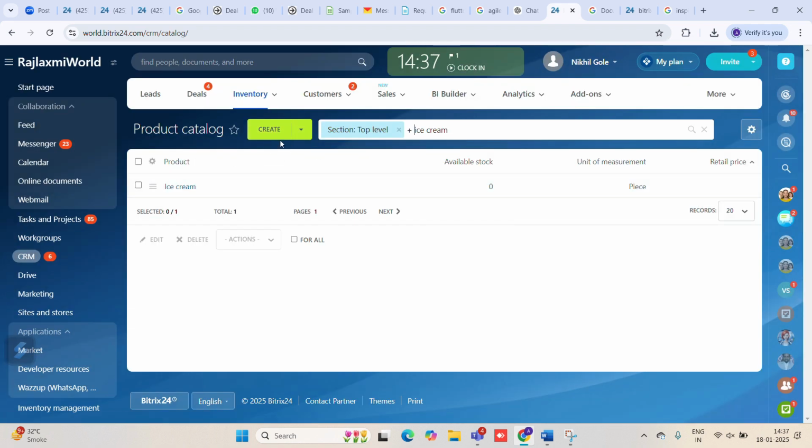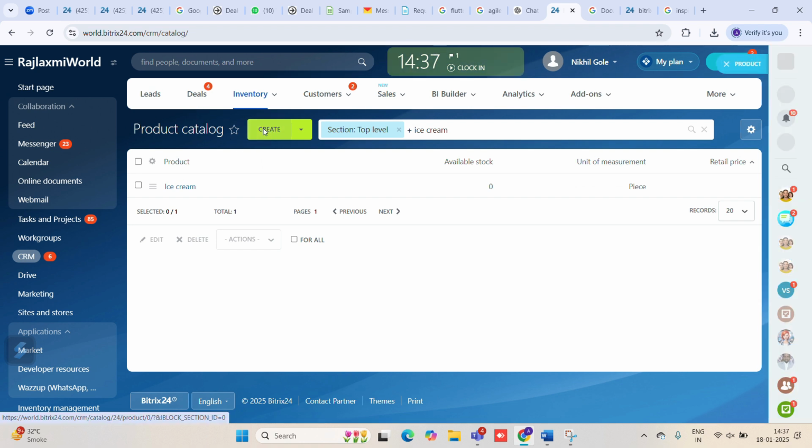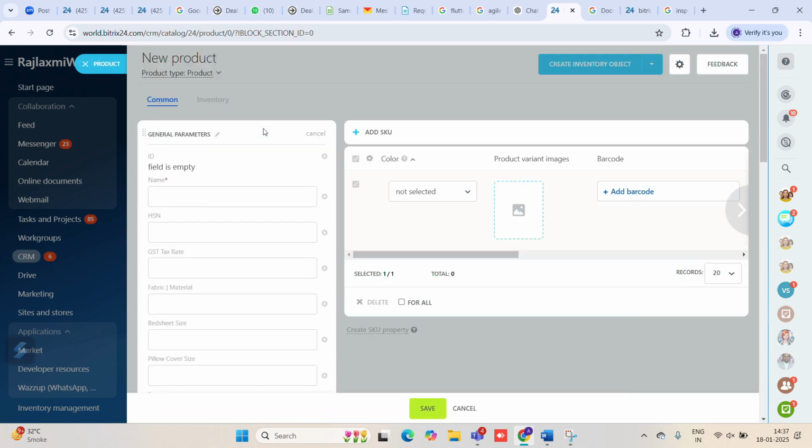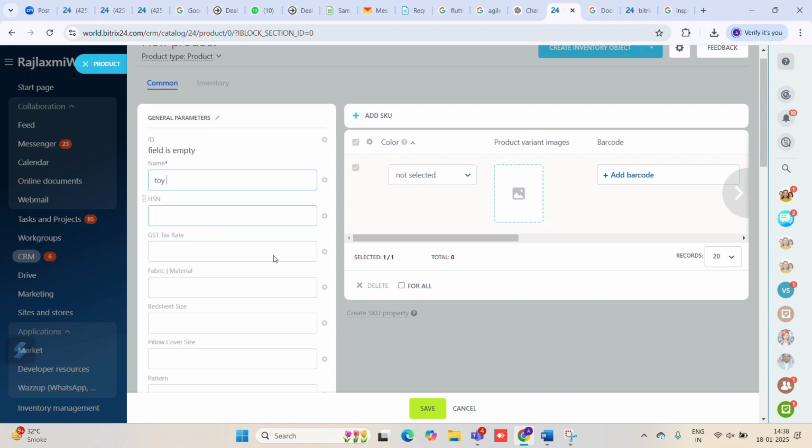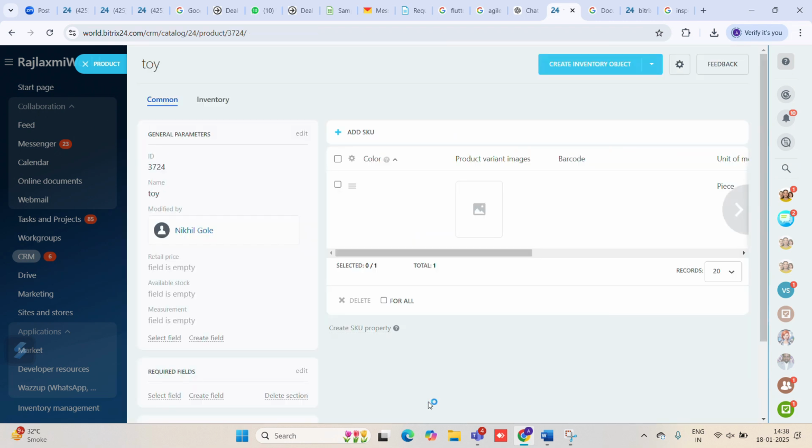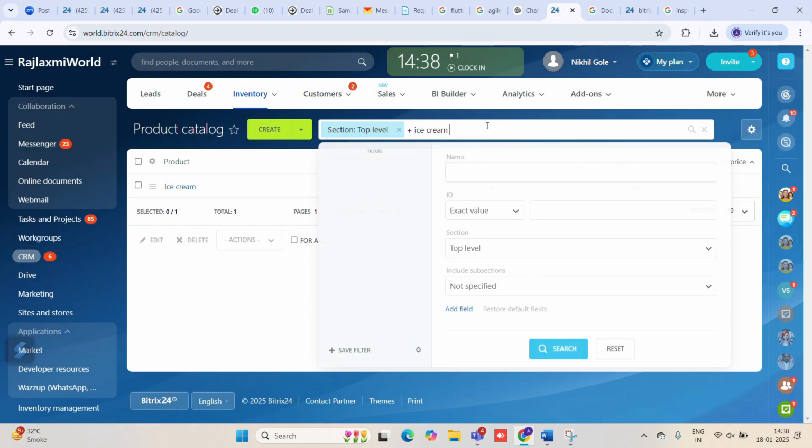Okay. For the creation of a product, we need to select the create button, or click on that create button for the creation of that product. Okay, I just mention one product name. I just type toy as a product name and save it. Okay, my product is successfully created and I need to see that product, so I just search that product in